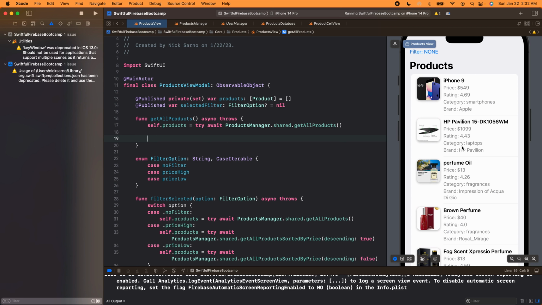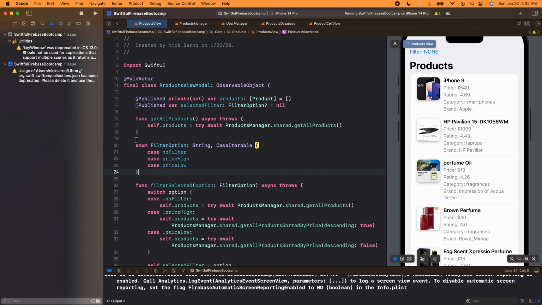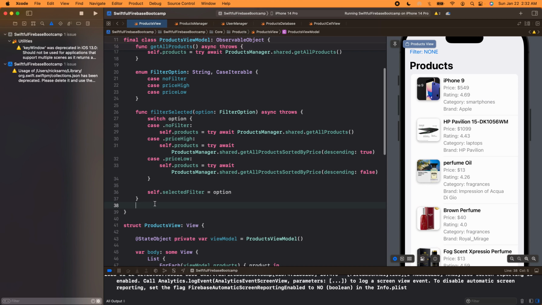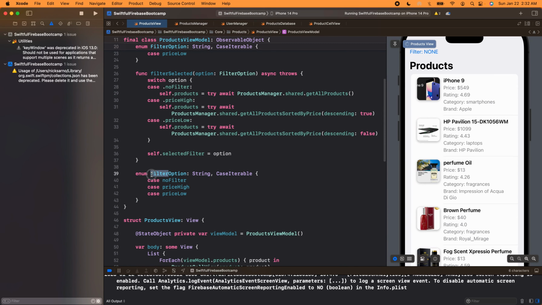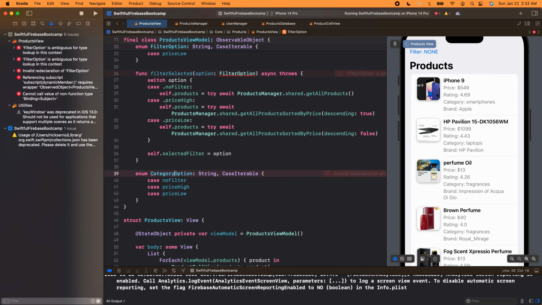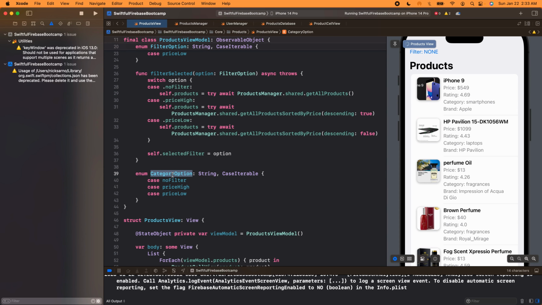I'm going to filter on the category here. So firstly, let's get all of the categories, or actually, let's just do a couple categories: smartphones, laptops, fragrances. That's enough for me. All right, just like we did with the filters, let's create maybe a category option. If this was your actual app, you'd probably want to have an array of all of the categories in your backend somewhere that you could just download, but we're not going to set that up right now. So let's do smartphones. Let's do laptops